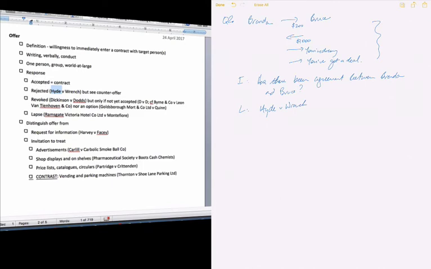Hyde and Wrench actually states that a counteroffer is a rejection of the original offer. Okay. And therefore, any original offer